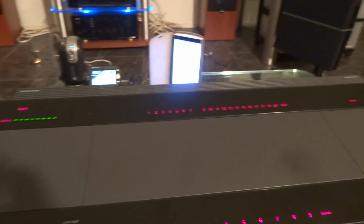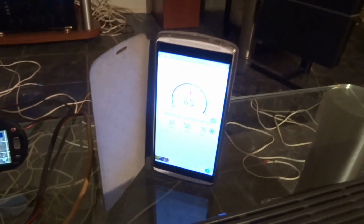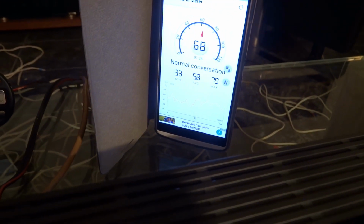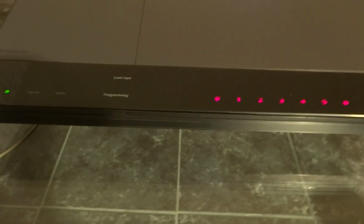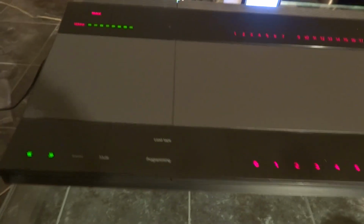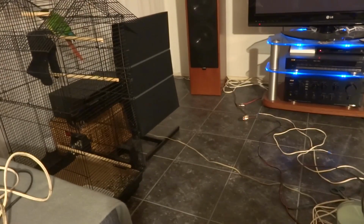So in my previous test, I was just calculating the decibels over there, as you can see, just to be sure I don't record too hard. In my previous test, I did the test with this Beocenter 8000 with the speakers on the side,